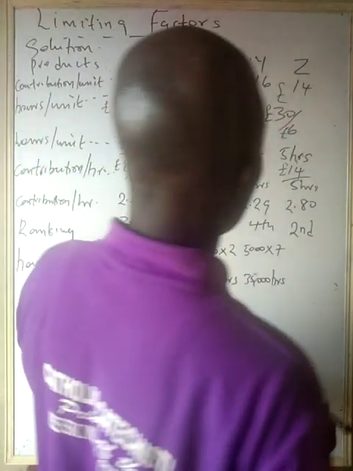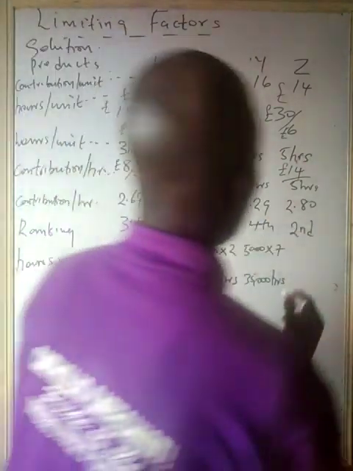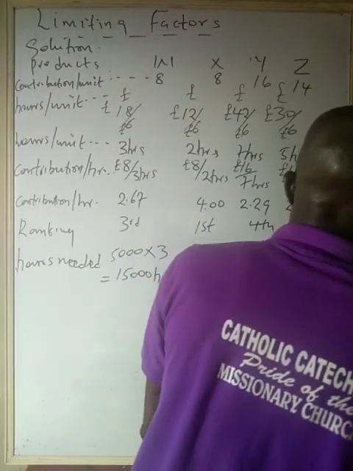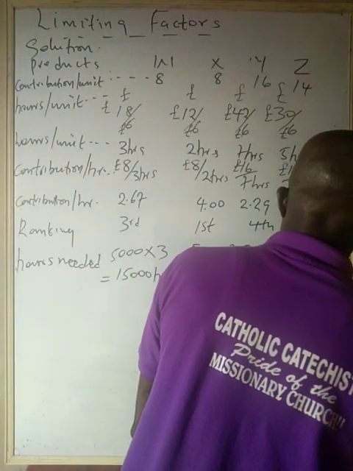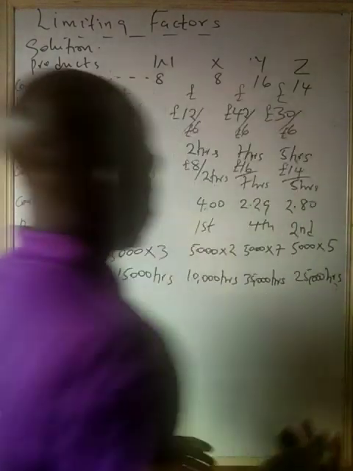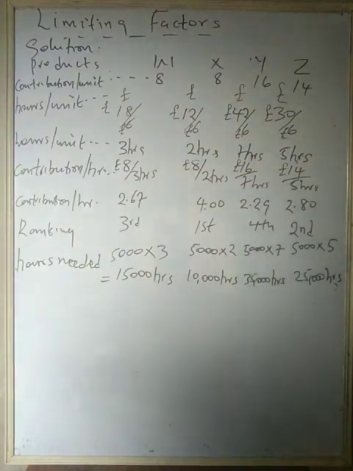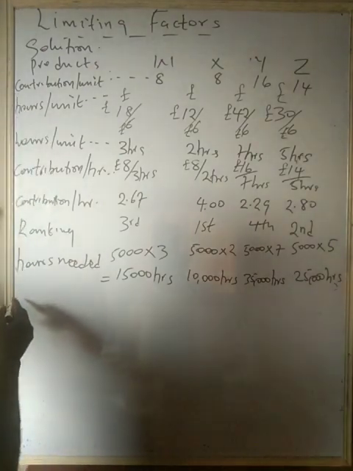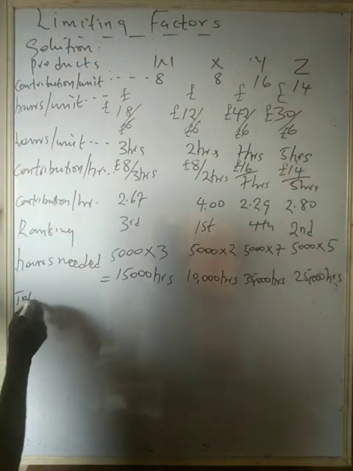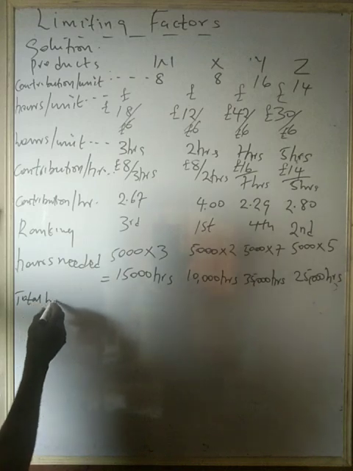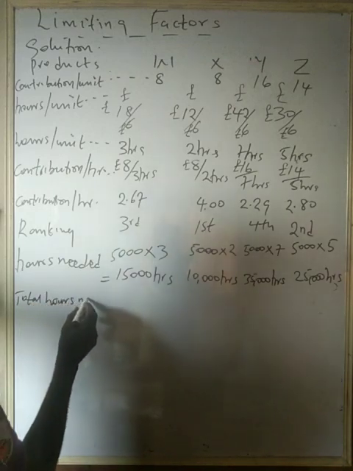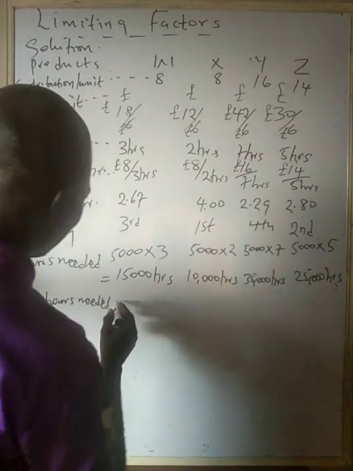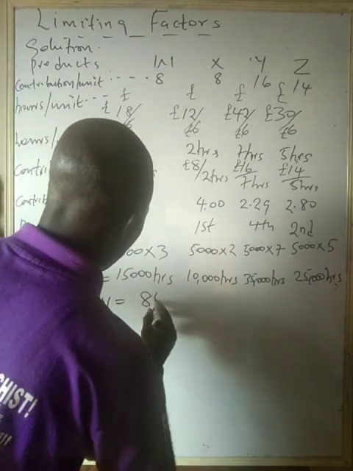hours. Then this also we need 5,000 multiplied by 5 hours per unit, and that gives us 25,000 hours. Do you see? That means the total now is 15 plus 10 plus 35 plus the total hours for this. Total hours needed or required is now 85,000